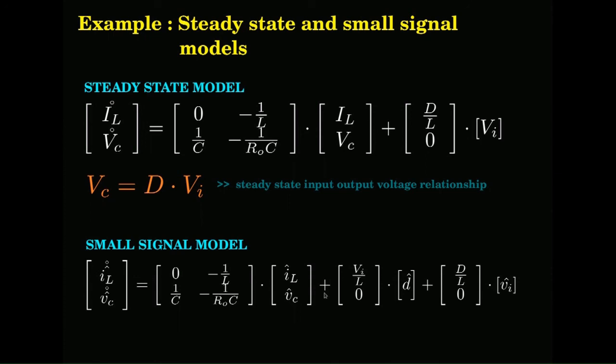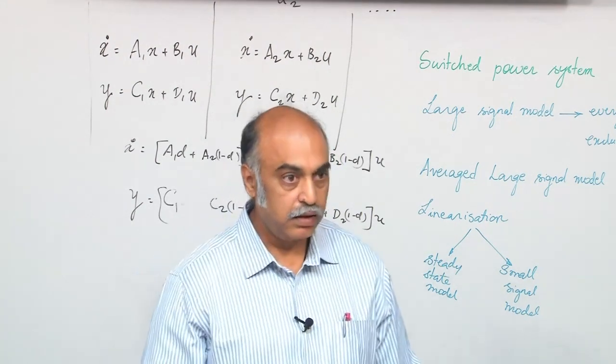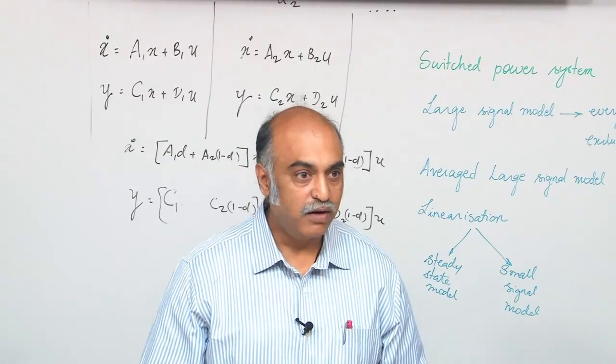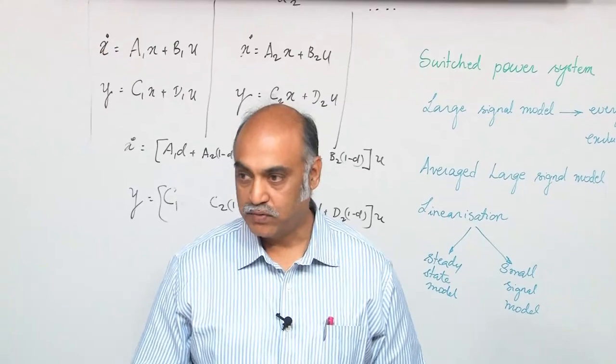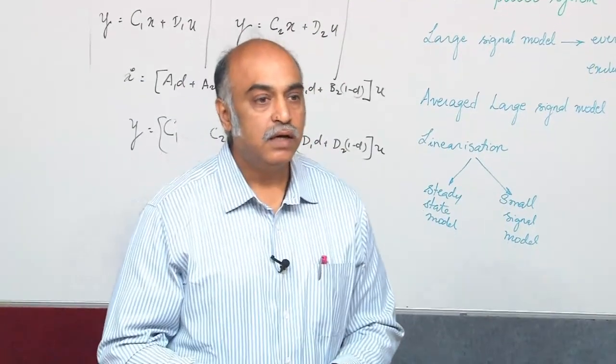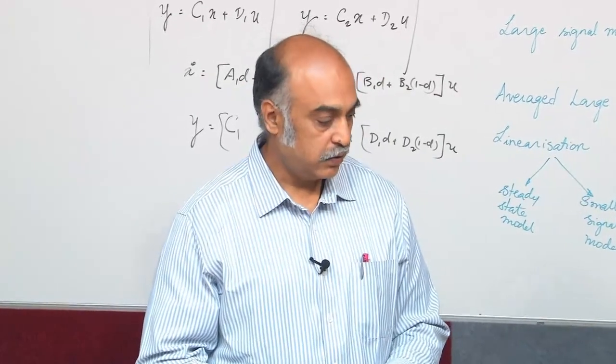So, this would be the small signal model which you will actually use for designing the value of K, the controller. Okay. Yeah, I will stop at this point and continue from here. So, we have almost come to the end of our modeling. The output of that is what we will next use for further processing and for designing the controller. Okay.